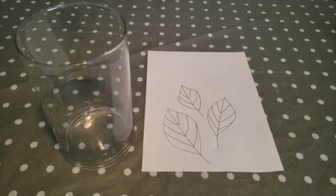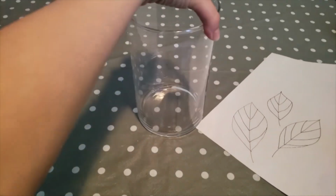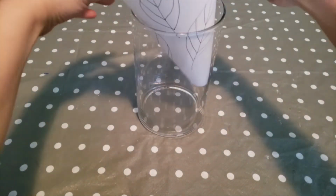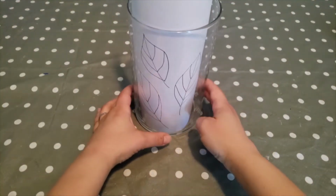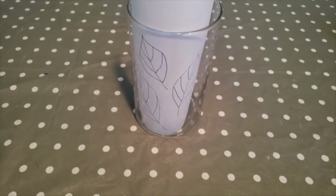First, let's decide what we'd like to draw today. I've decided to draw some leaves. Then, get your jar and place your design inside your jar like that, and that way we can easily trace it. Now, just to make sure it lies nice and flat against our jar,